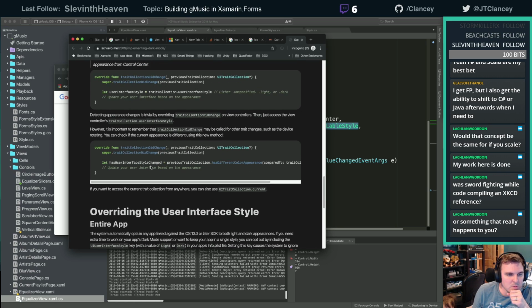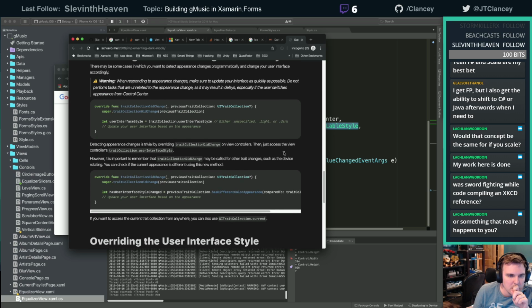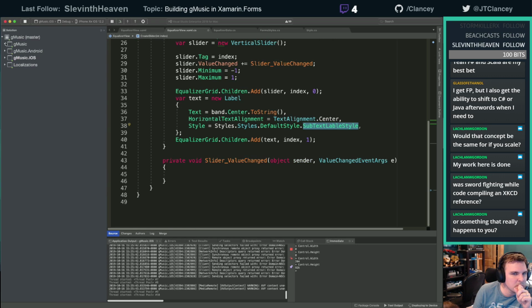So let's hook into that thing. Is that at the app level?